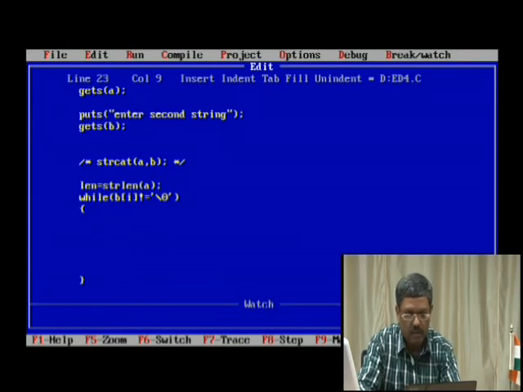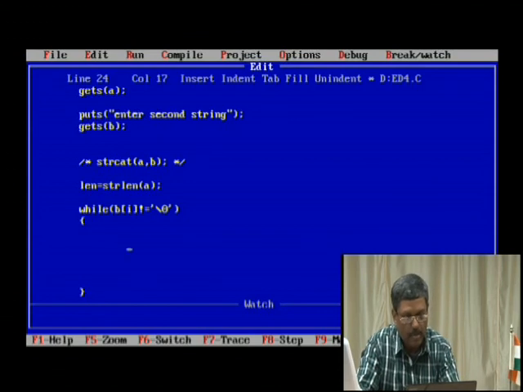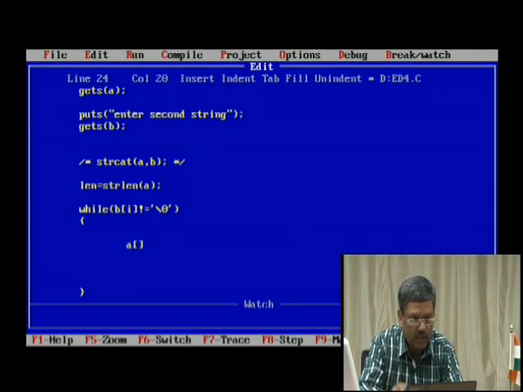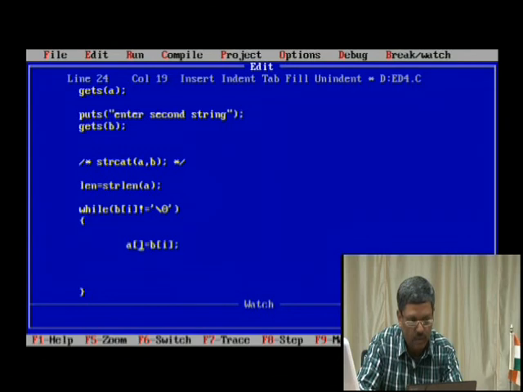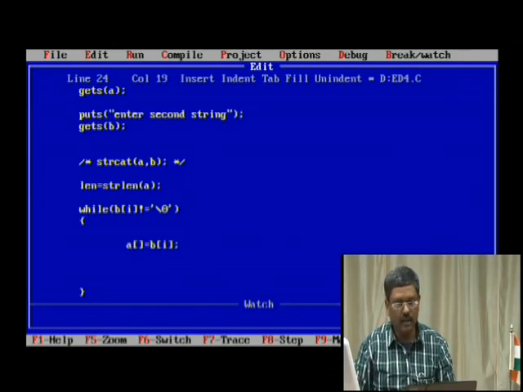Correct? So we have to find out the length of the string A, and where do we want to copy all the characters from B? We want to copy them to A. So all of B must be copied to A, but there is a trick over here. Where do we actually start copying?